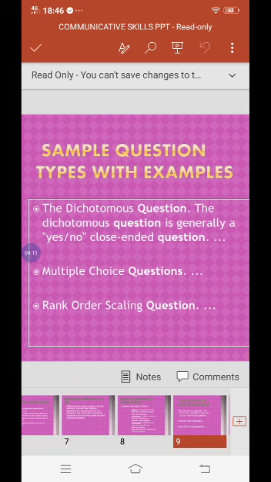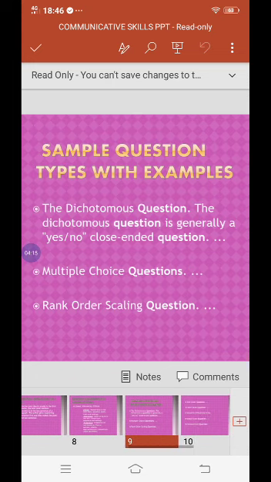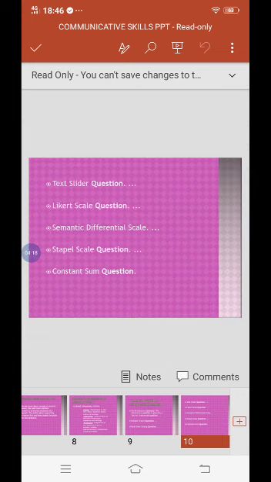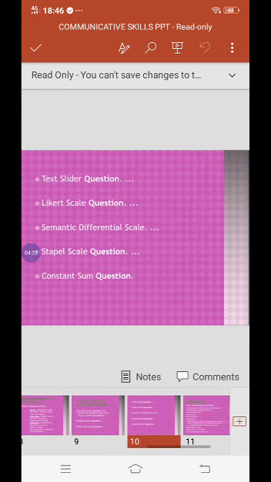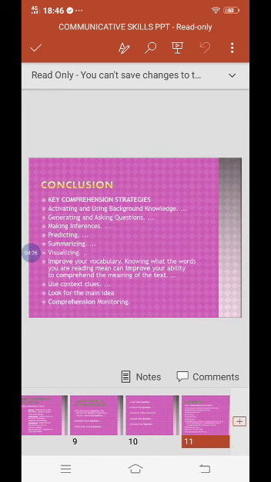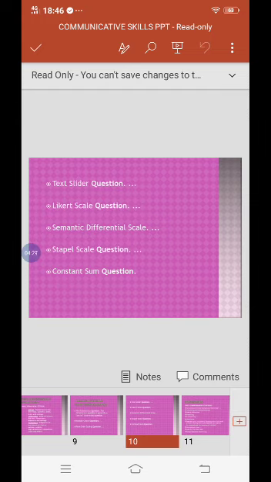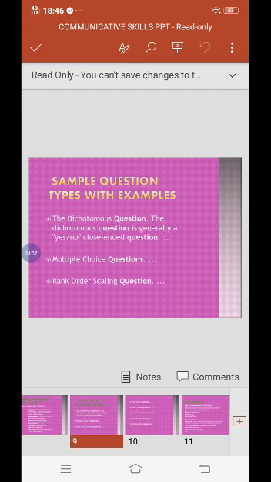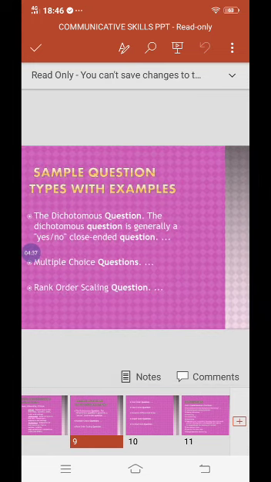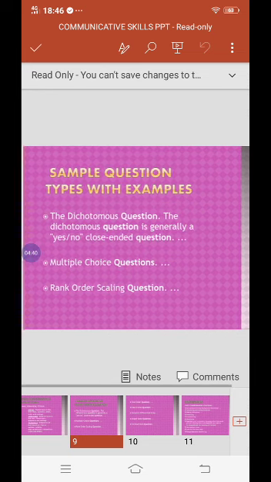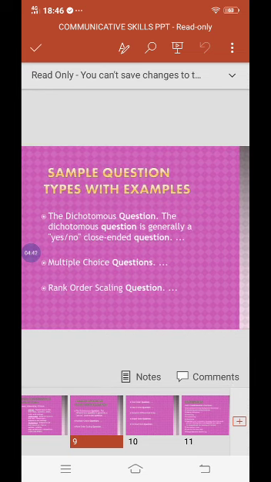Next is the multiple choice questions. Multiple choice questions are a question type in which a respondent has to select one or many responses from a given list of options. The multiple choice question consists of an incomplete stem or a question, right answer or answers, incorrect answers, close alternatives, and distractors. Not all questions would have all of the above, and these guidelines can be used as deemed fit or as best matches the expected outcome of the question.